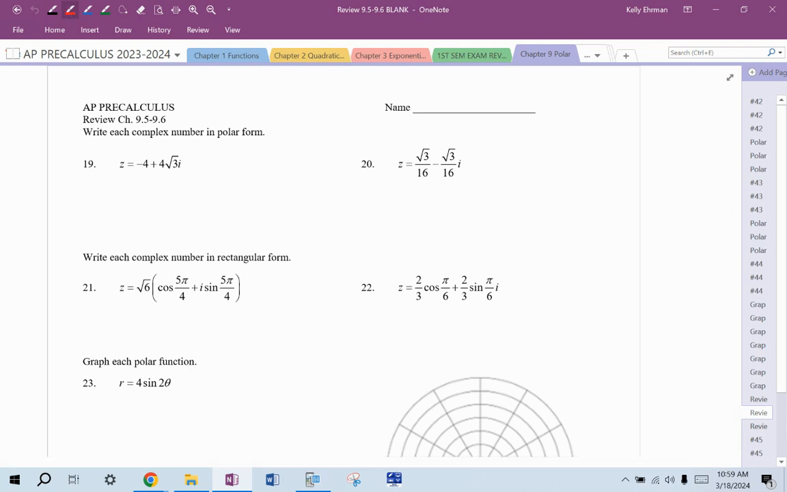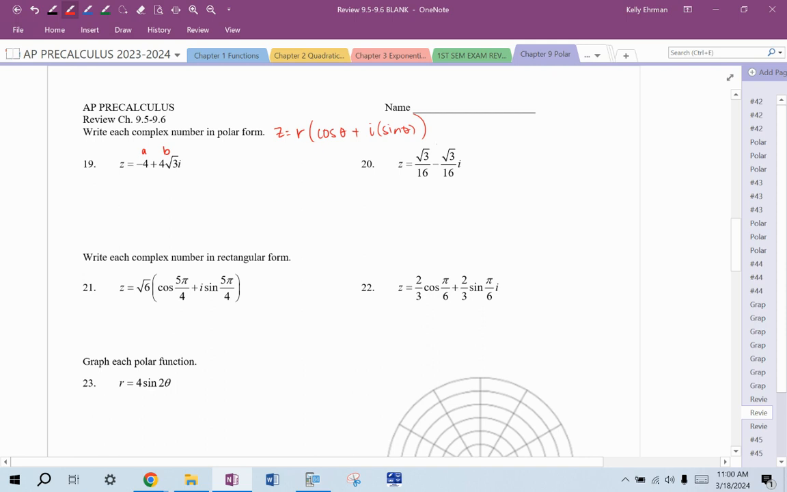All right, so working on the rest of this review, now we're writing each complex number in polar form. So a reminder that right now the complex number is in rectangular form, where we have a and b. And polar form is sort of the unsimplified one. So this is going to be z equals r times cosine theta plus i times sine theta. So we need to figure out r and we need to figure out theta, and then we just write this